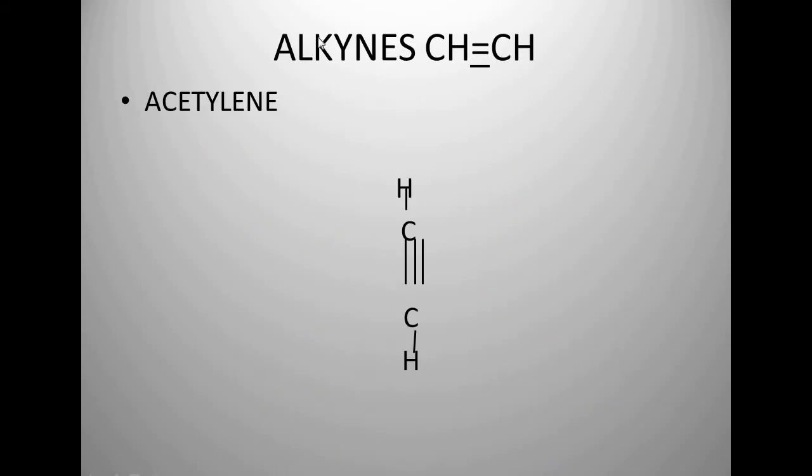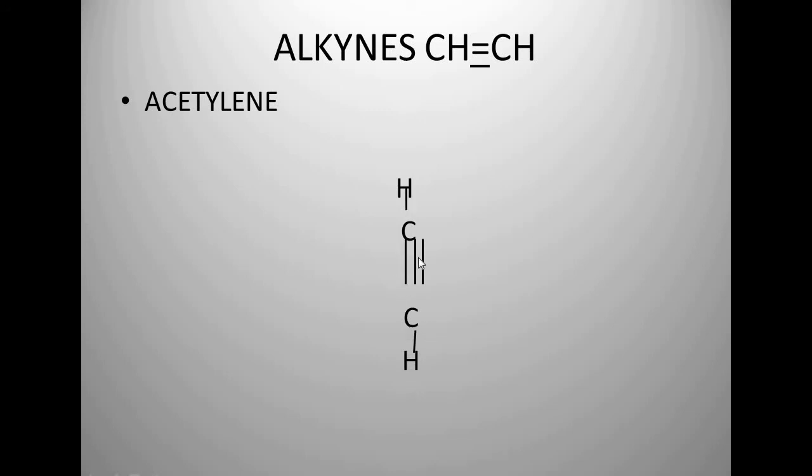Then next we go for alkynes. As completed for alkane, that is simply a single bond, then alkene, that is one sigma bond and one pi bond. Next is your alkyne, that is one sigma bond and 2 pi bonds. So in acetylene, consider this molecule where carbon is attached with a triple bond, 1 sigma and 2 pi bonds, and then hydrogen is there.